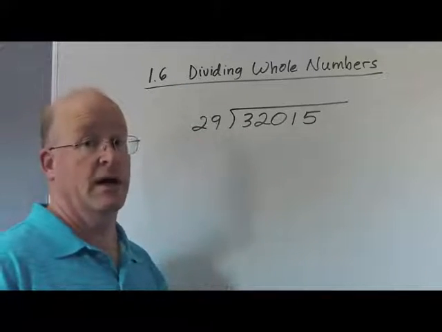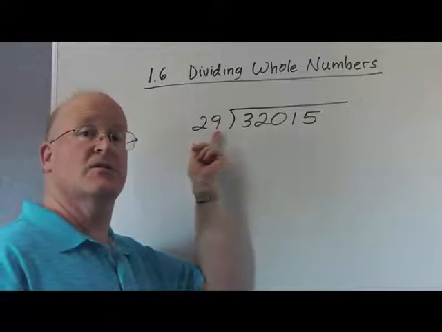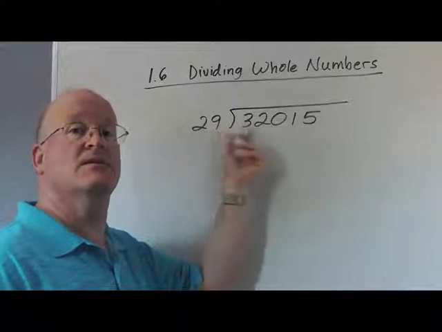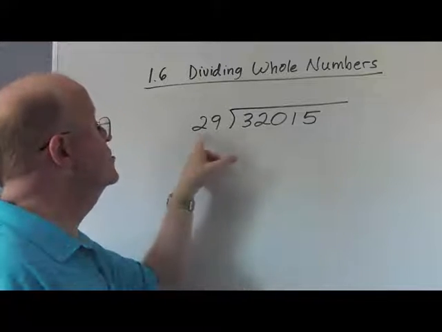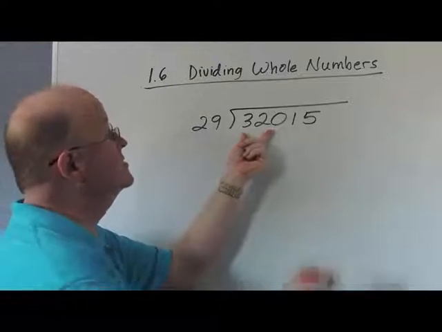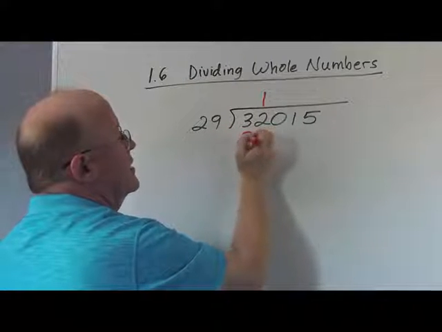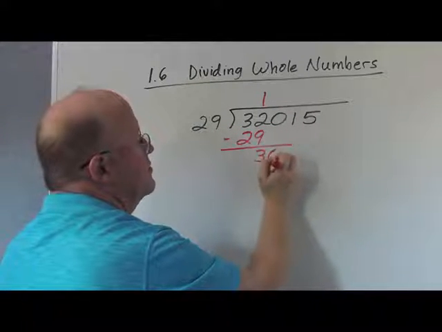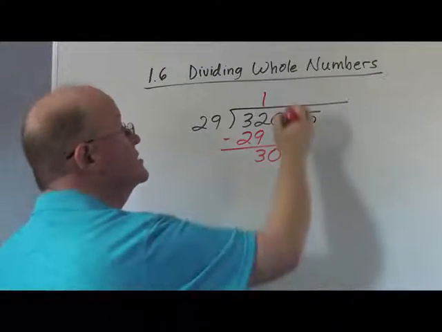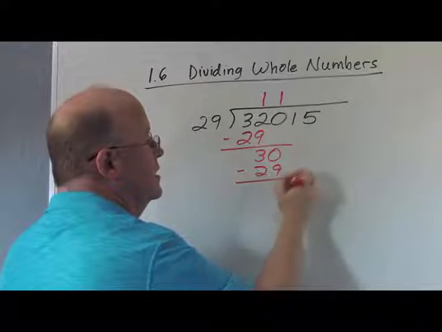32,015 divided by 29. Now I don't know my multiplication facts for 29, but 29 is pretty close to 30. So I'm going to pretend this is a 30 when I do my guessing of how many times it goes into our different numbers inside here. 29 does not go into 3, so I move on to 32. 29 does go into 32 one time. 1 times that 29 on the side is 29. And when I subtract, I get 3, bring down a 0. And 29, we ask how many times does it go into 30? The answer is it goes in 1 time. 1 times 29 is 29. We subtract and we get 1, and we bring our next number